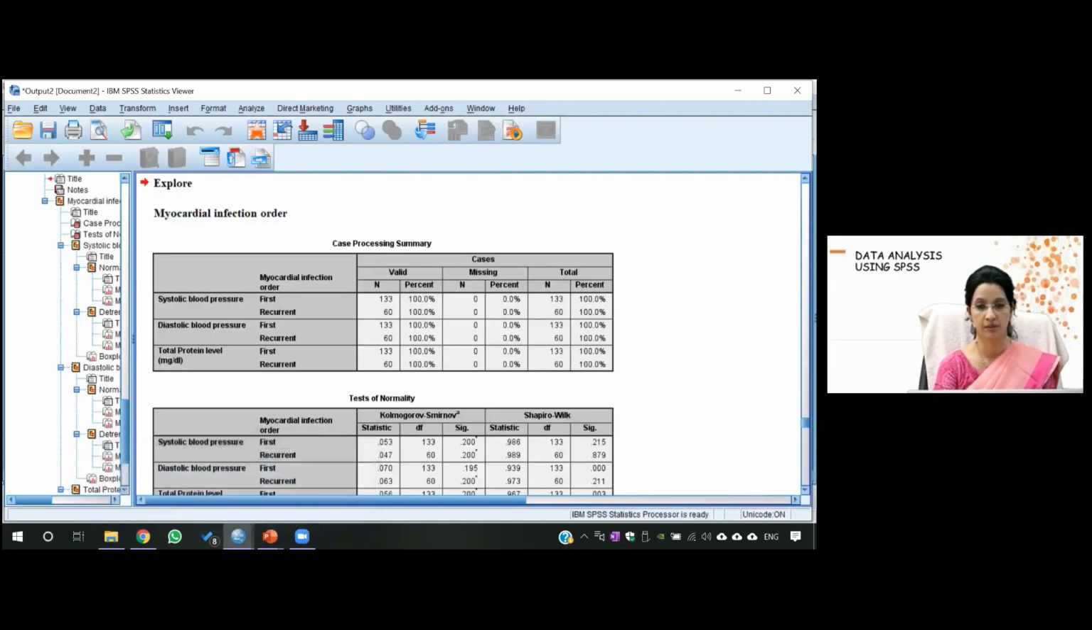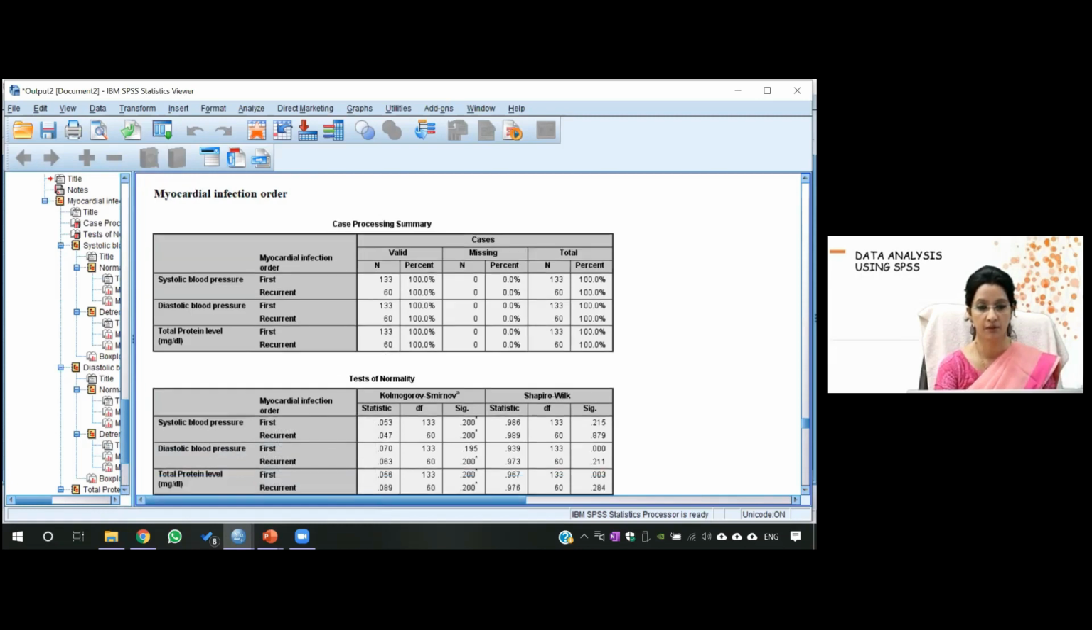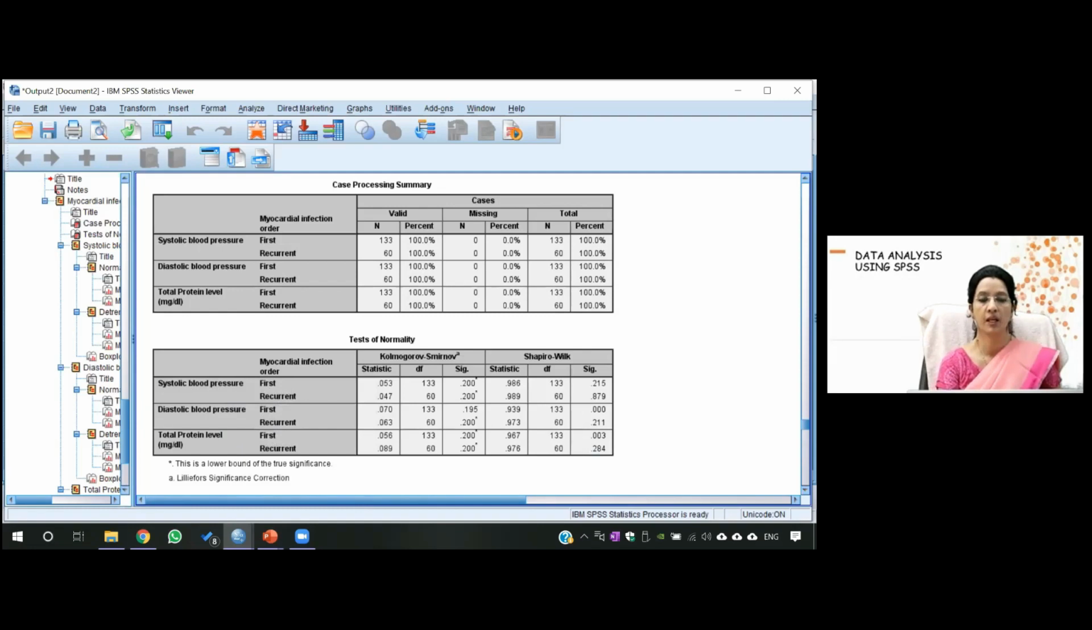separate output. So can you see output here? You can see there are two tables. Here it is showing only the overall cases and its distribution. Here you can see it is the test of normalcy. So now,